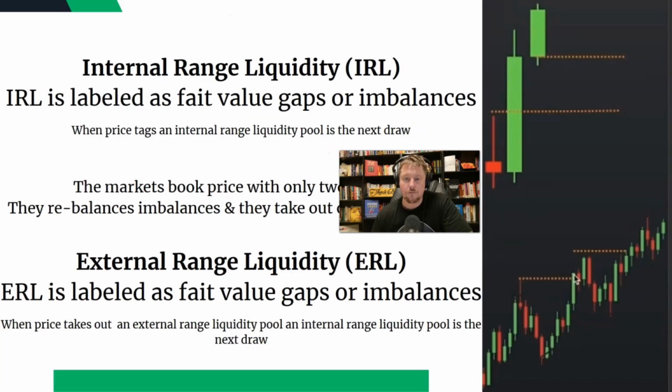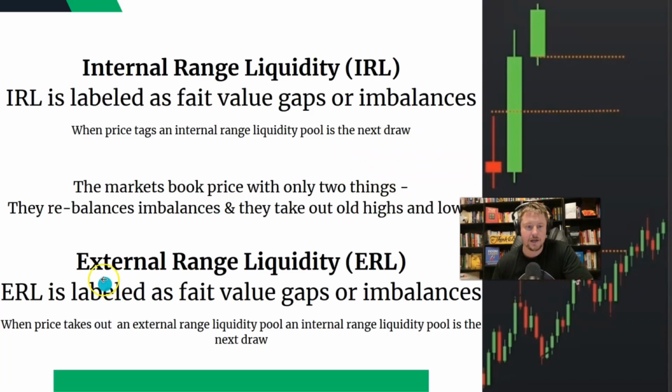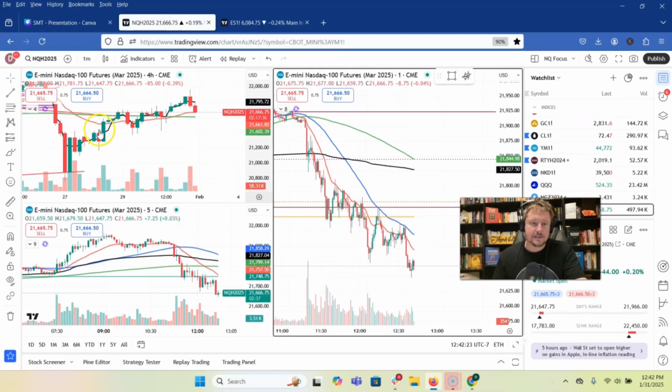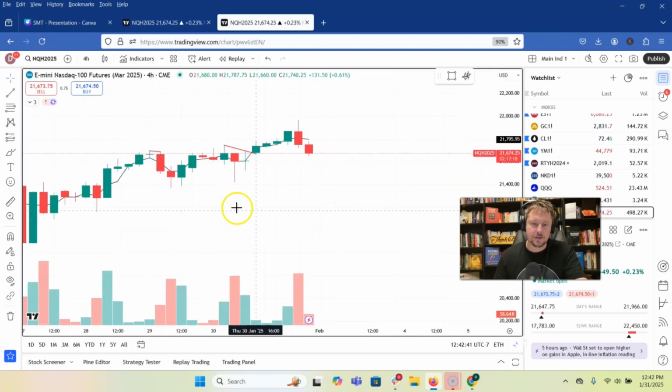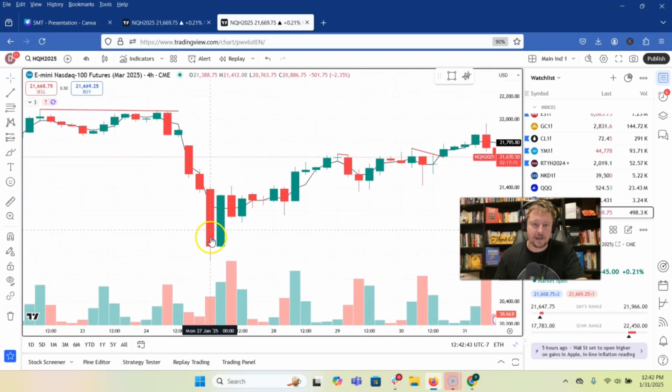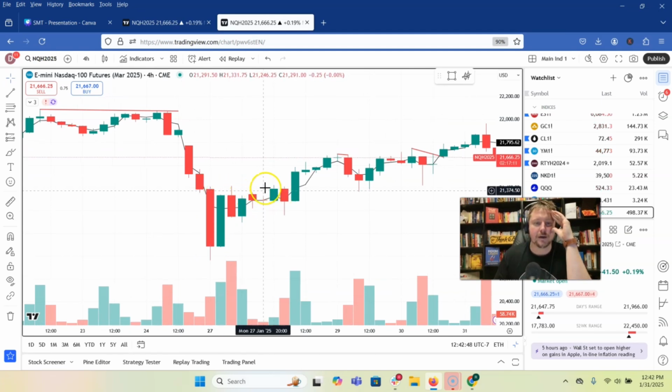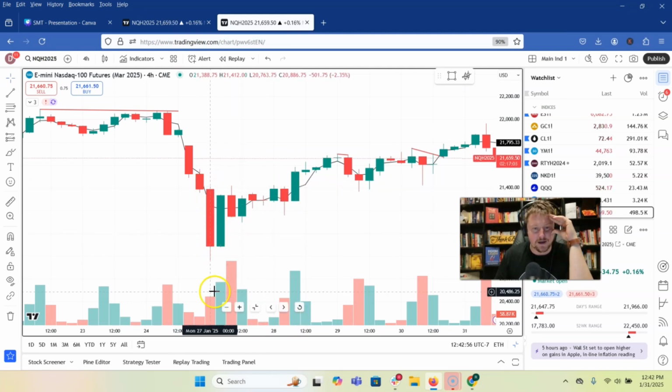strategy. So first of all, what we're going to be talking about is internal range liquidity and external range liquidity. Internal range liquidity. Okay, I'm just going to show you an example of what I mean by internal range liquidity. Right now, we are breaking to the external range liquidity. So internal range liquidity is the liquidity that was made inside of this bar, let's say. Okay, so all of these bars all the way up until this green bar are inside of the internal range